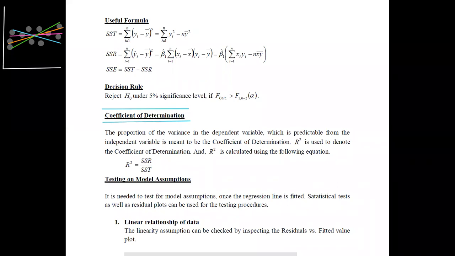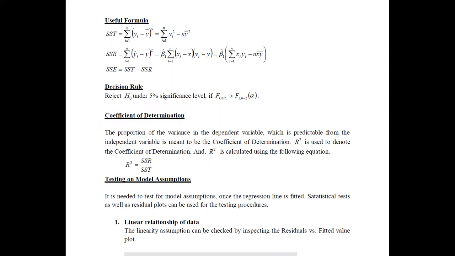The next important thing is that r squared always lies between 0 and 1, and generally we express it as a percentage. Therefore, these values are between 0% and 100%.